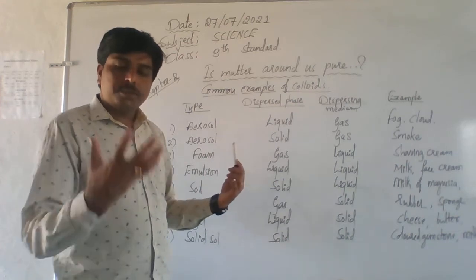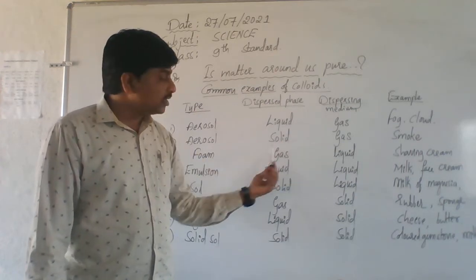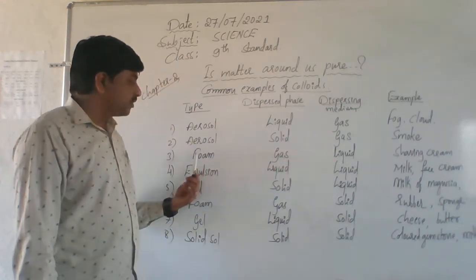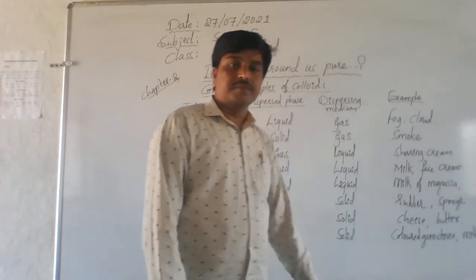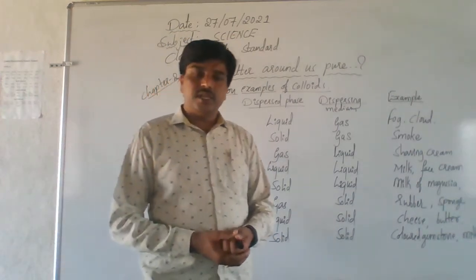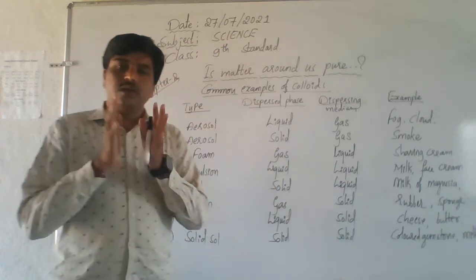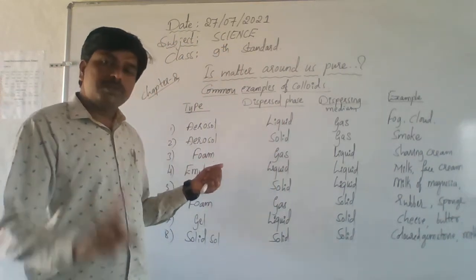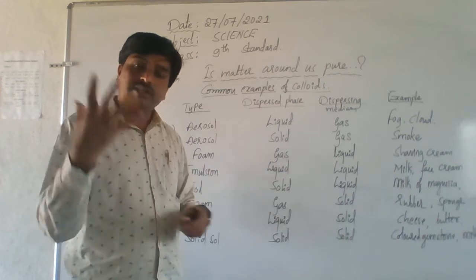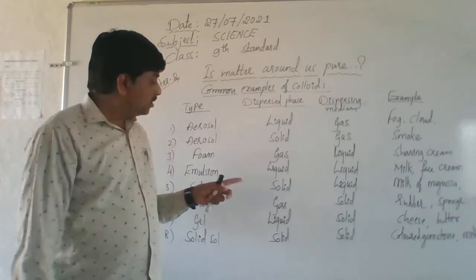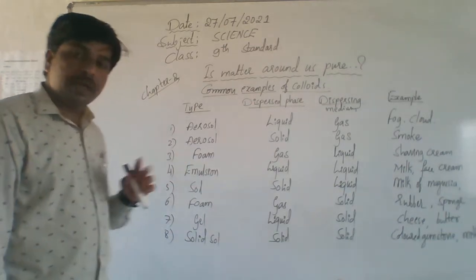The foam contains a liquid medium and a gas dispersed phase, hence gas in liquid. Understand? Here the gas is present in liquid. This kind of colloidal solution is called foam. Common examples: shaving cream. Now in the market, foam shaving creams are available. Those foams are also a best example of a colloidal solution. Foam is one type of colloidal solution that contains a dispersed phase gas and a liquid medium. This kind of colloidal solution is called foam.